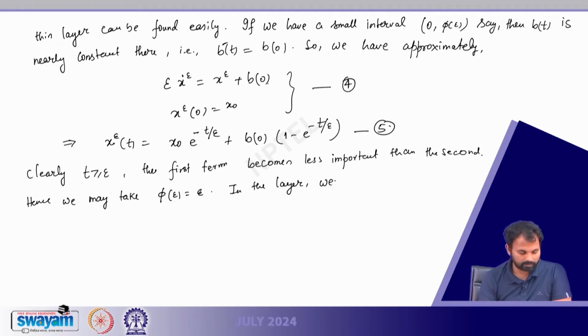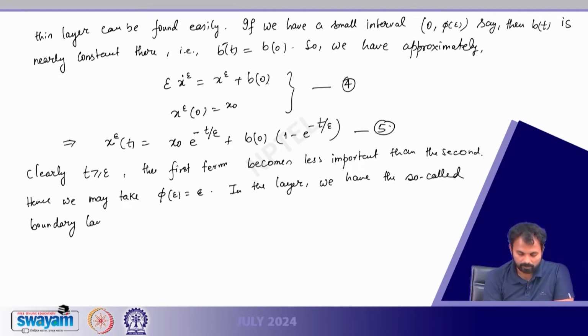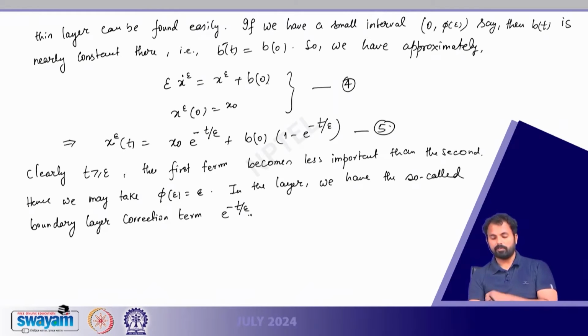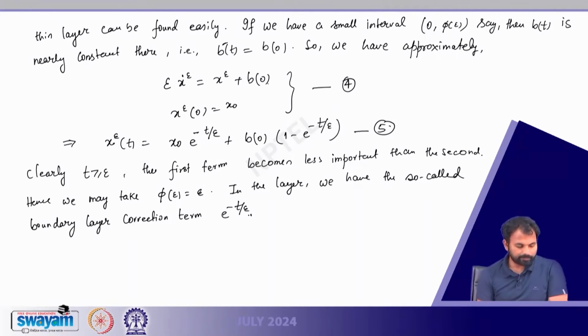And in the layer we have the so-called boundary layer correction term, e to the power minus t by epsilon. So basically from here we can see that the observation can be generalized,